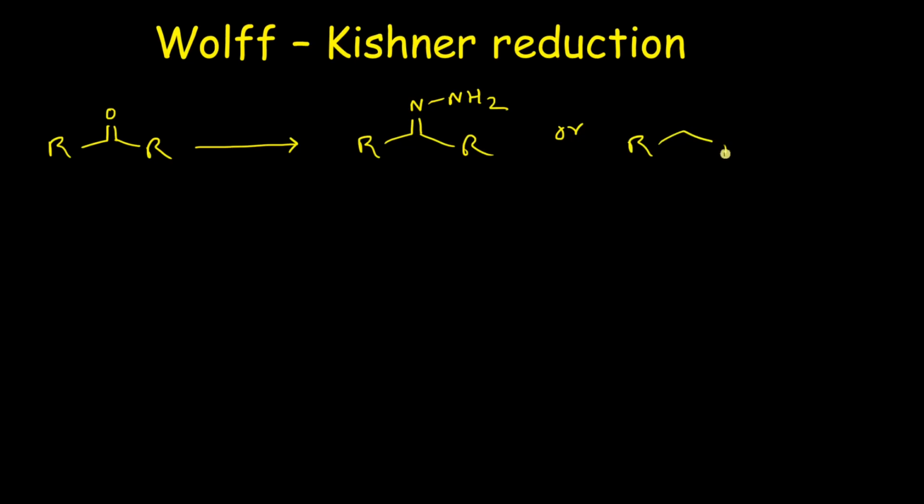Hello guys, in this video we are going to discuss the Wolff-Kishner reduction. This is a classic example of carbonyl reduction. So Wolff-Kishner reduction basically requires the conversion of a carbonyl compound into its hydrazone derivative or semicarbazone derivative